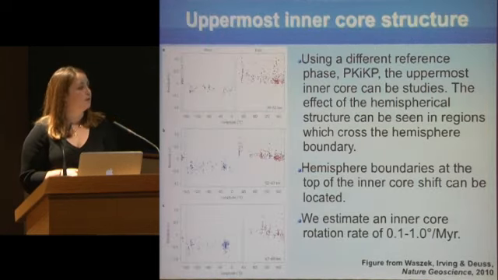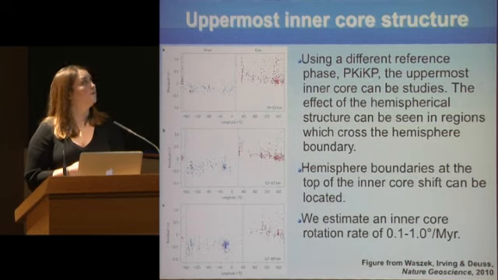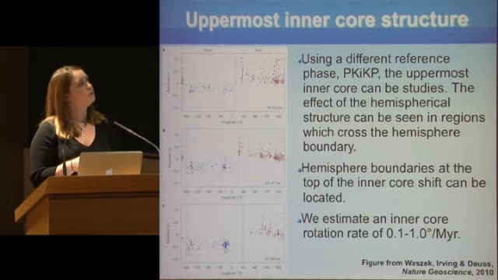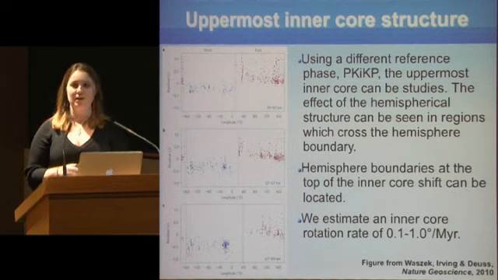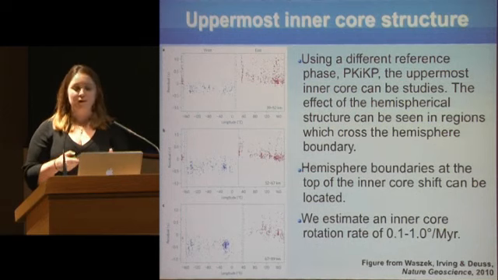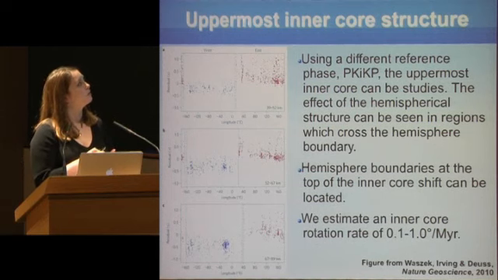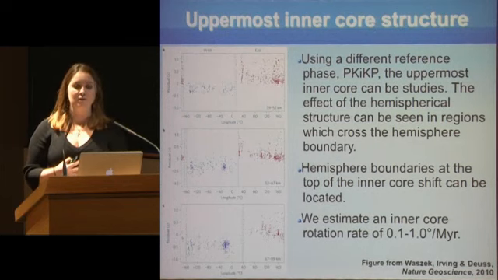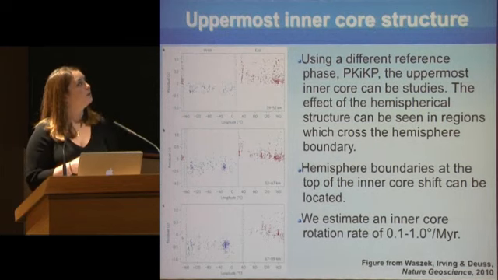A completely different study, which has been led by Lauren Vacek, who's also at the University of Cambridge, looked at the very top of the outer core. So she used different seismic waves. She used PK as a reference wave, and that's a wave which gets to the outer core boundary and then bounces back off. And again, she finds these very sharp hemisphere boundaries. So at different depths, she finds boundaries here, and here, and here. And the first thing you see is that there's really quite a sharp difference between the Eastern Hemisphere and the Western Hemisphere. The other thing you will notice is that these boundaries move ever so slightly as you look deeper